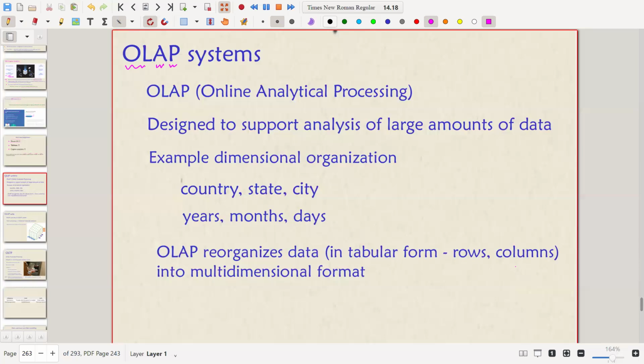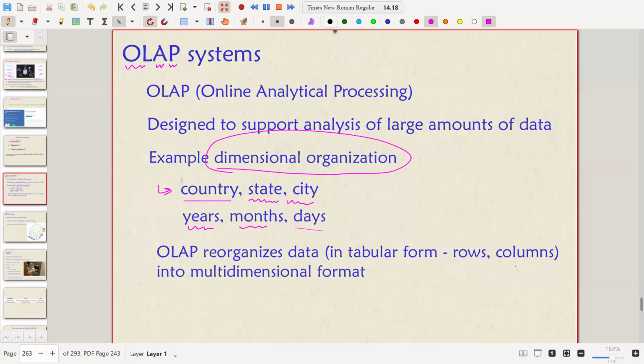I hope you remember during my second class, I gave you an example of a data cube. So this should sound similar, where OLAP works with data cubes, right? You can see this is a dimensional way of organizing your data. Which country it is, then it will go down to the states, and after the states, the cities. And how much rainfall happened in these areas in terms of years or months and days. Which day rainfall happened, which month, and how much rainfall happened in this year.